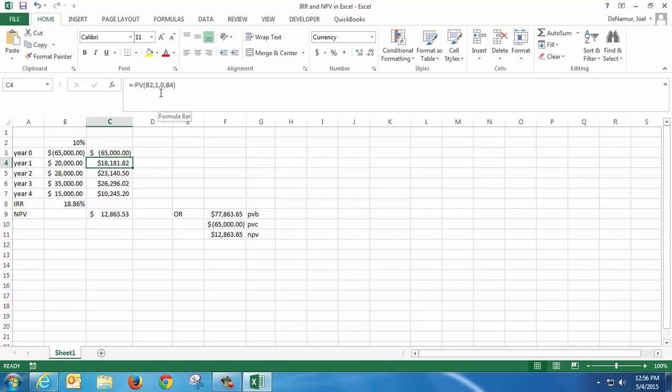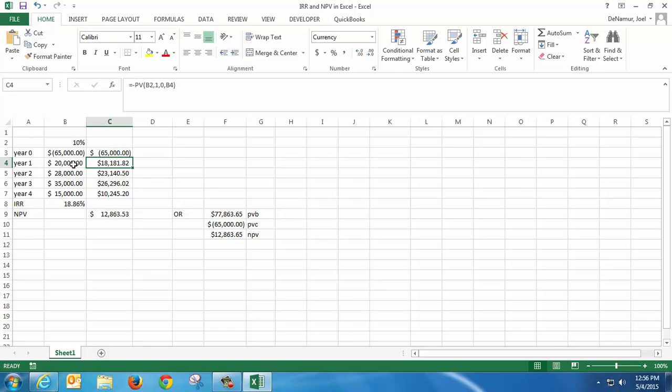The 0 we just fill in because that stands for payment, but we don't have any payments here, so I'm just going to fill in a 0 for that. And after the last comma, the B4 is the cash flow item, or you could just type in $20,000. So equals a negative present value, and then the rate, how many years out we are, a 0, and then a B4